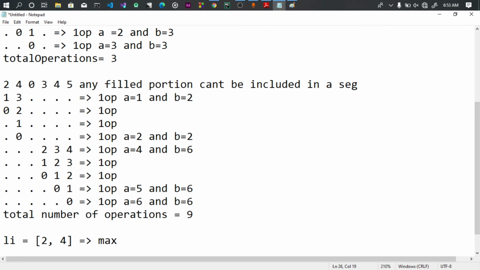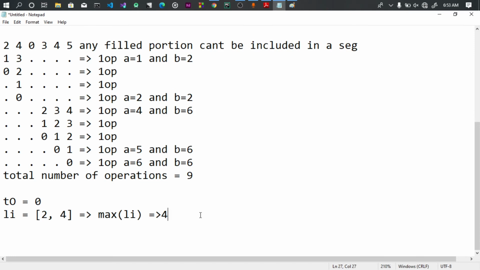We'll pick the max of the list, which is going to give us 4, and we're going to add 4 to our total number of operations. So at first we'll initialize our total number of operations, which I will call TO, to be equal to 0 at first. Then after we get the maximum value, we're going to increment our total number of operations by that maximum value we got in the list, and so we're going to have TO plus equal to